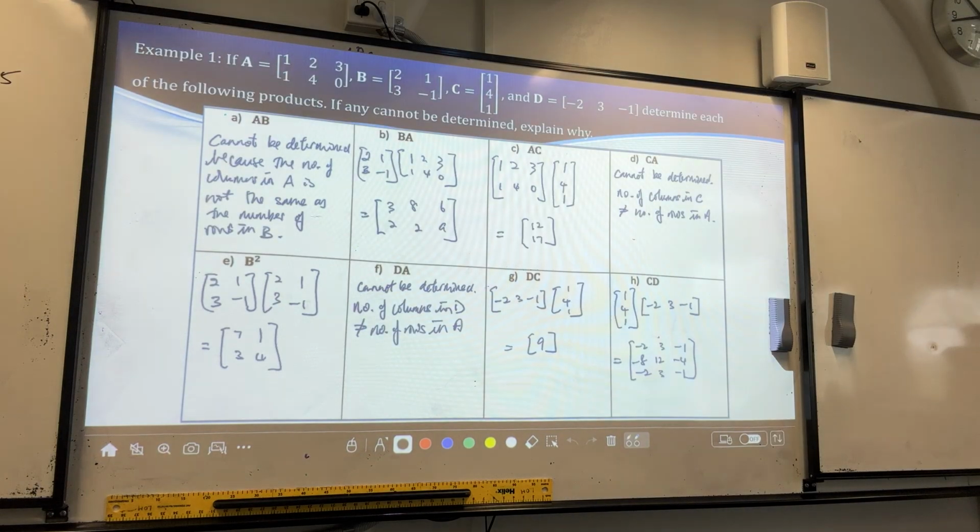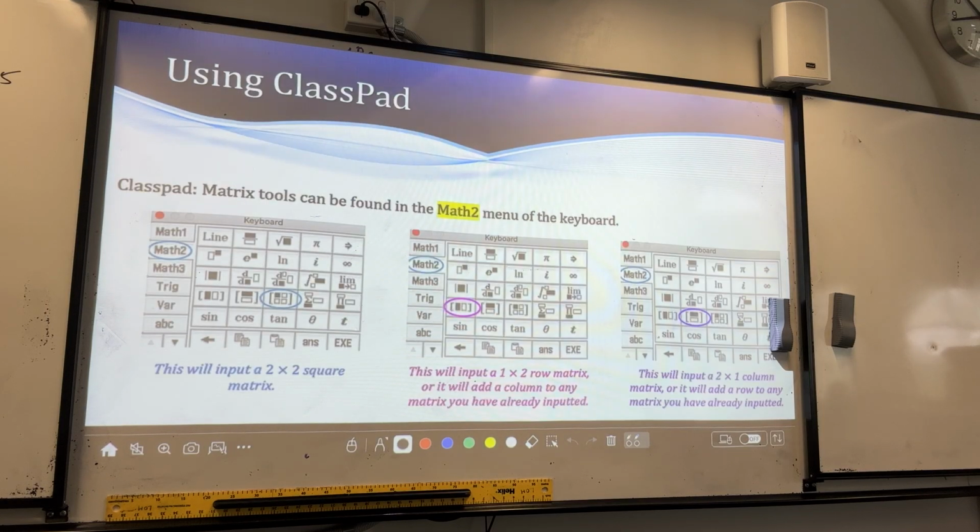Pretty straightforward in many ways. Now, like I said, I would like you to do it manually first before we go on to use your ClassPad. Now, next,